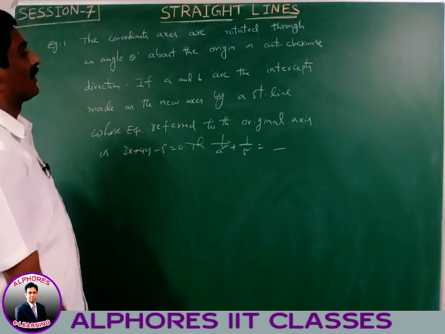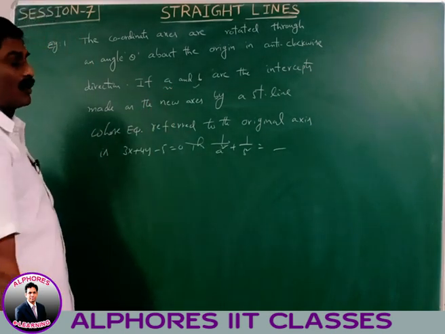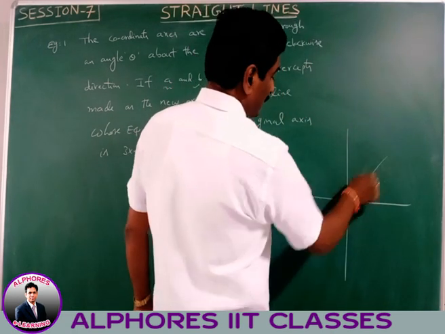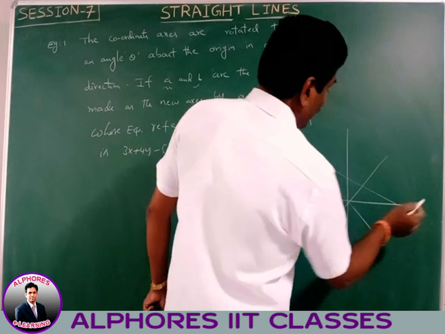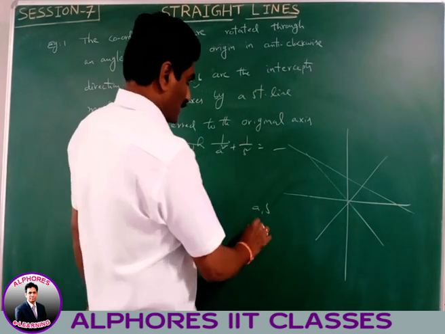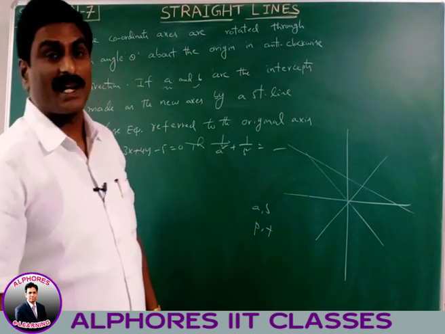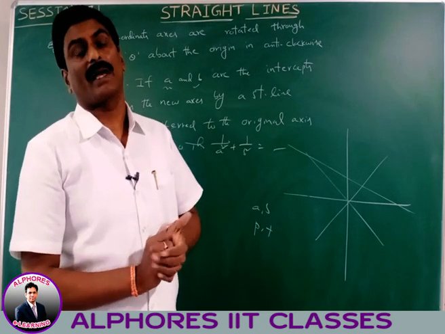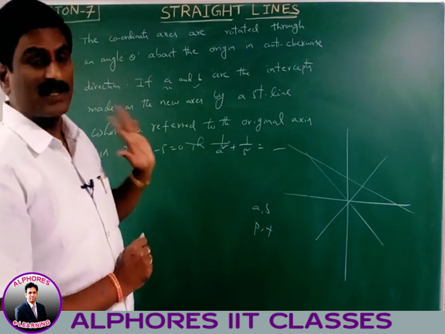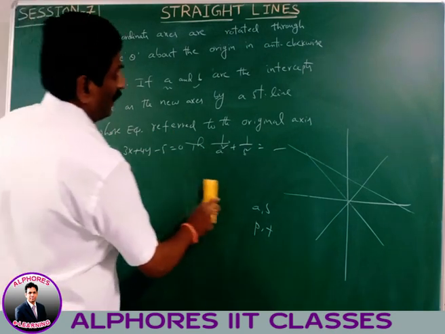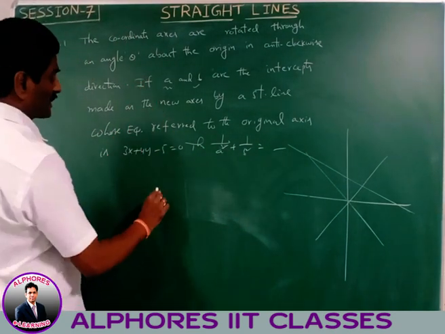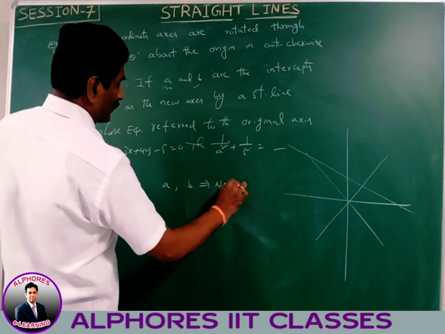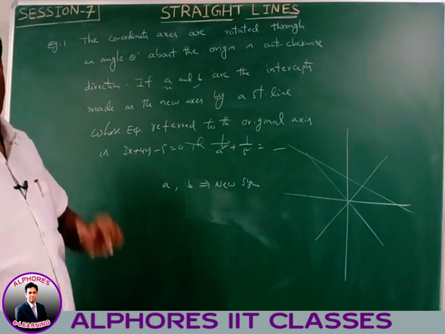Please observe this value. Here the x and y intercepts in the new coordinates, we already discussed this point in the previous case. Suppose this is the original coordinates, and these are the new coordinates. The line makes intercepts small a, small b in the original system, and small p, small q in the new system. Then what is the relation between these values? 1 by a square plus 1 by b square is equal to 1 by p square plus 1 by q square. By using that condition, we find these values. Here, what are the x and y intercepts in the new system? Small a is the x intercept and small b is the y intercept in the new system.